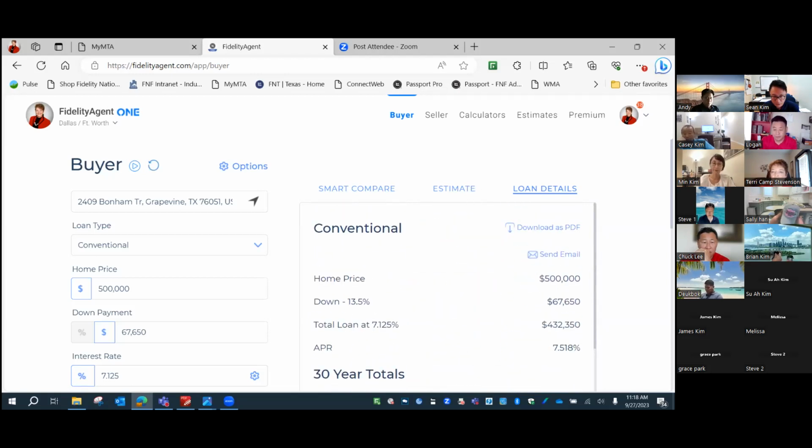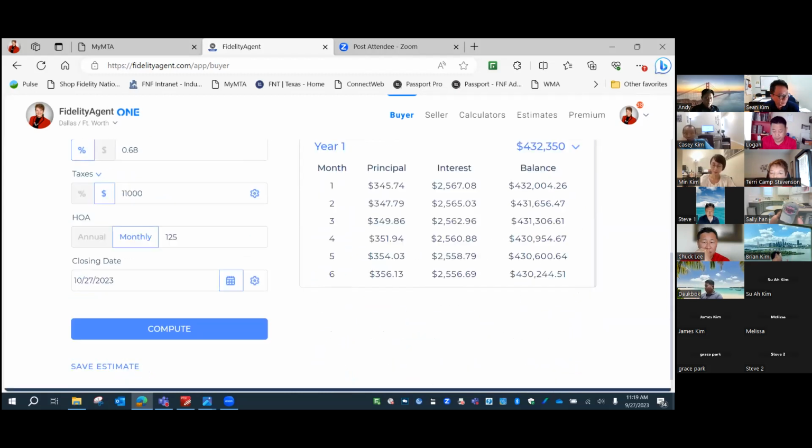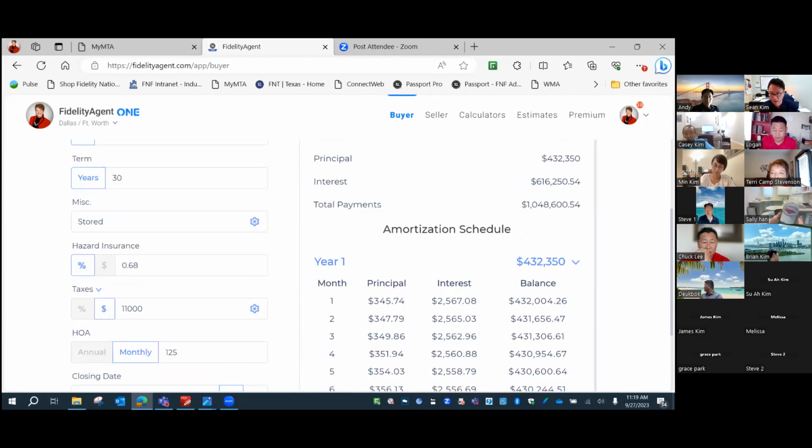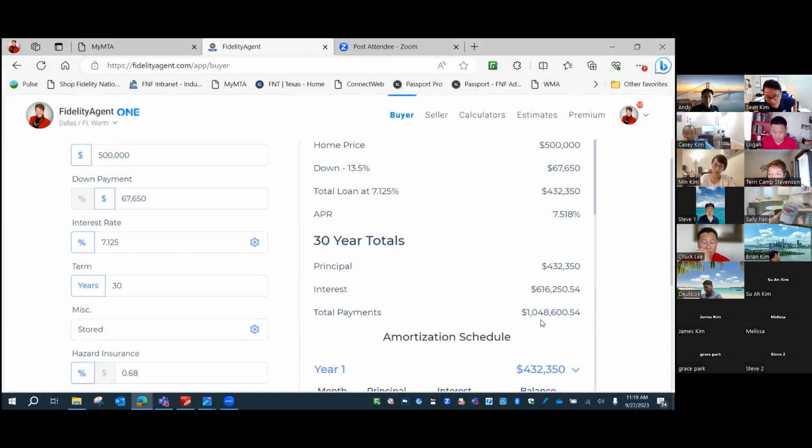It's going to go double, like $1 million something total payment. Yeah, their interest is $616,000, but that's over 30 years, which, does anyone stay in their house for 30 years? I'll show you another calculator that will show them